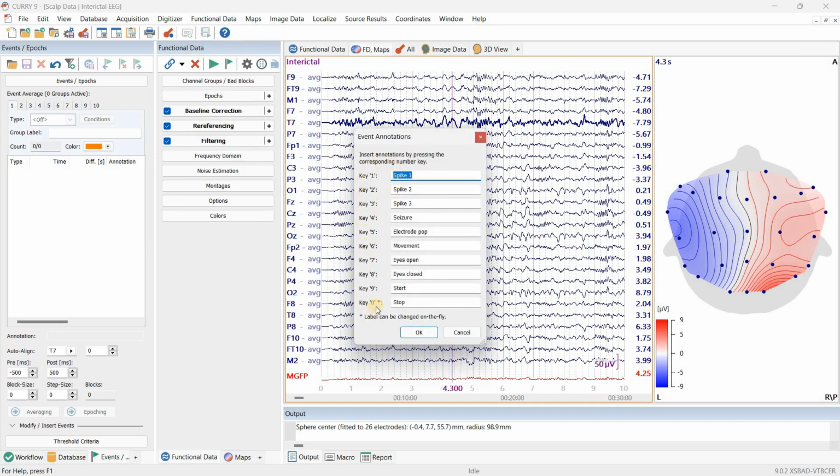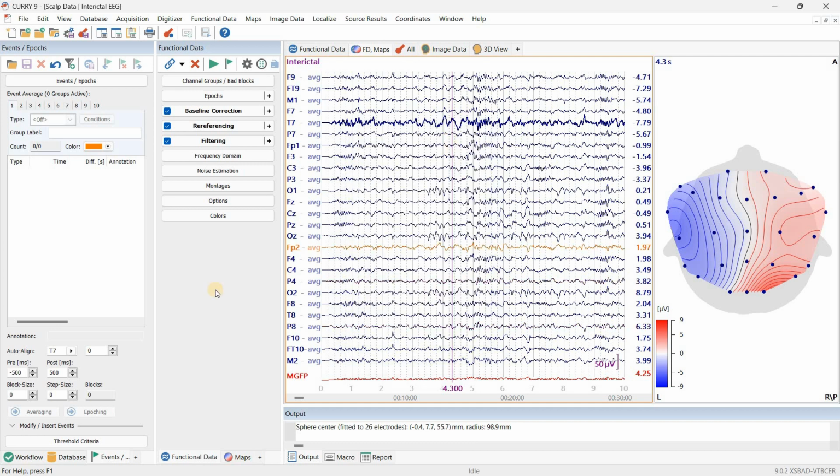So here we can see the different keys and what kind of annotation they will produce when we press these keys. So when I press the key 1, I will create a manual event 1 with the following annotation. Here we can, of course, change these annotations, but I will leave them as they are. And now I will go back to the auto align